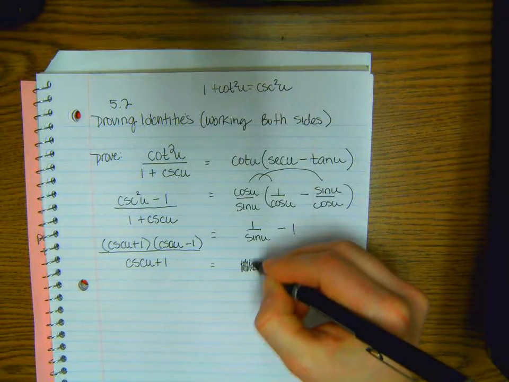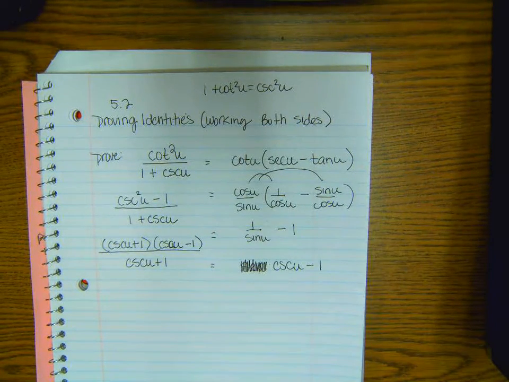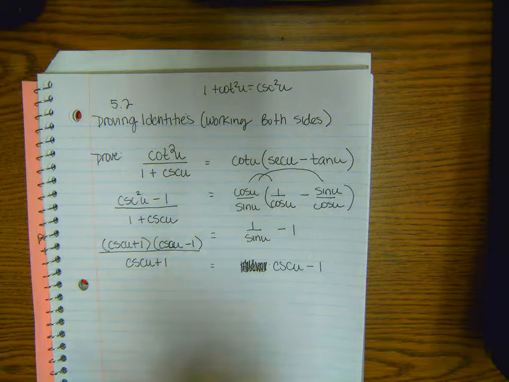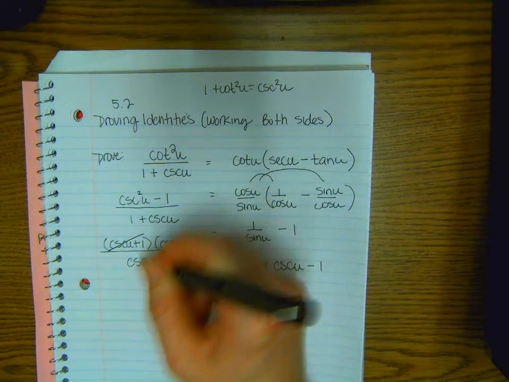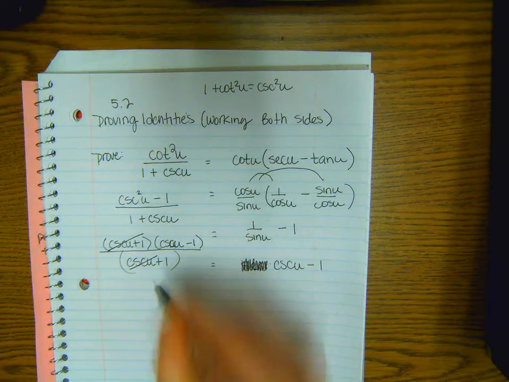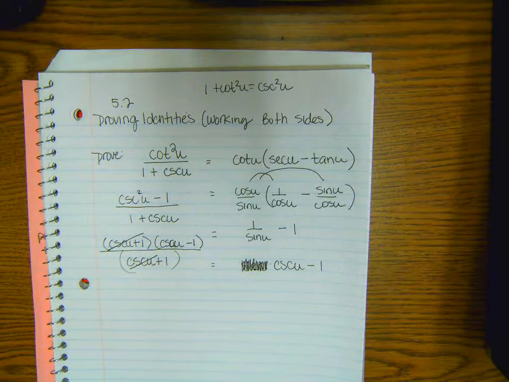All right, do you see the point of me doing that? Because now what can I do? I can cancel a factor of cosecant of u plus 1. By the way, I'm canceling this whole factor. And I am left with cosecant of u minus 1,